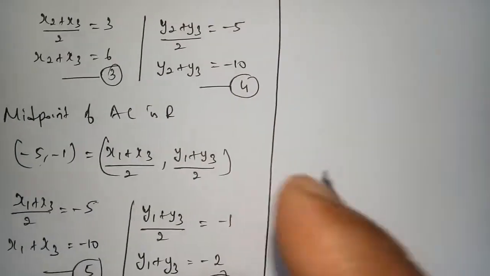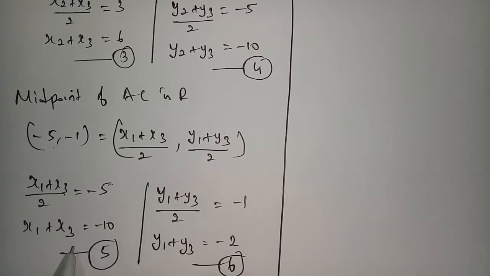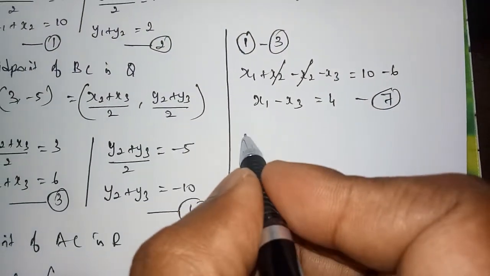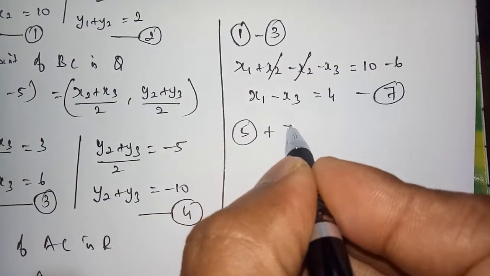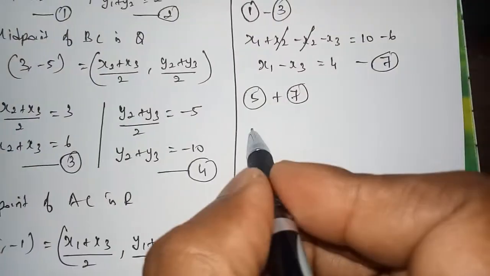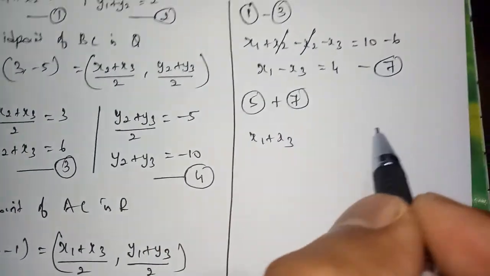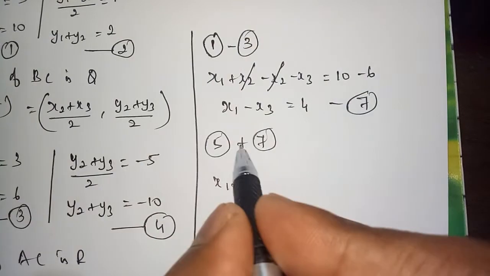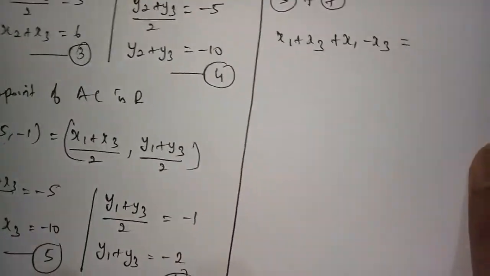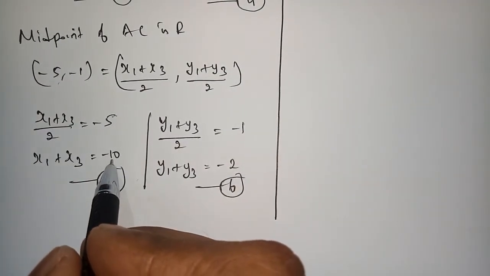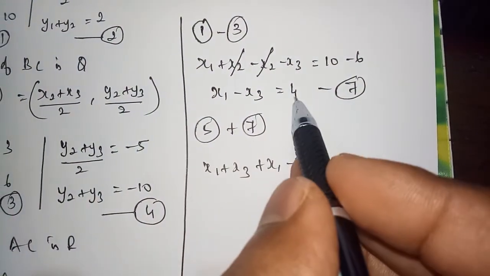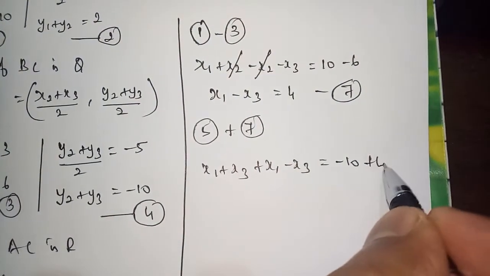You see wherever you have x3. So here we have x3 in the 5th equation. If I add this 5 and 7, the x3 will get cancelled. So I add equation 5 plus equation 7. What is our 5th equation? Left hand side we have x1 plus x3. And equation 7 left hand side, what we have? It is given plus. So we write plus x1 minus x3, that is equal to, RHS we have minus 10. That minus 10 we are giving here, that is minus 10 plus 4. Plus and plus is plus. So plus 4. You can write like this.